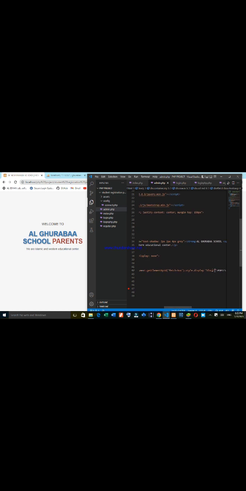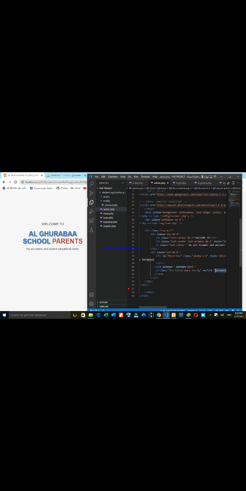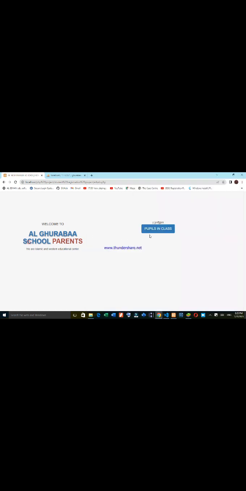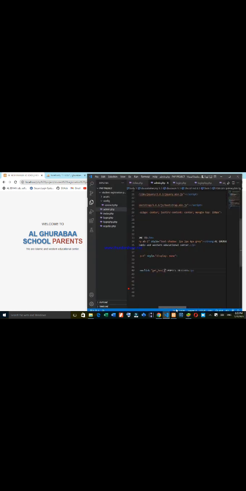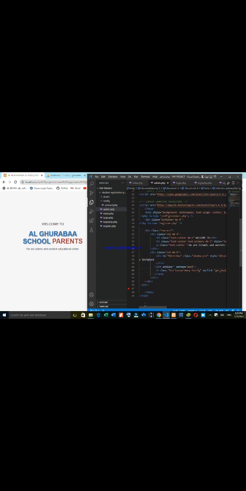I have to create a function name, so I'll call it get box. I want to toggle, to show and hide, so toggle effects. So I can say on click, and come to